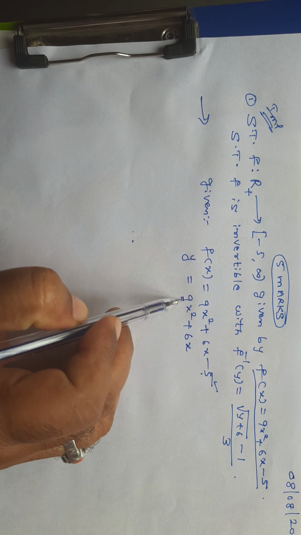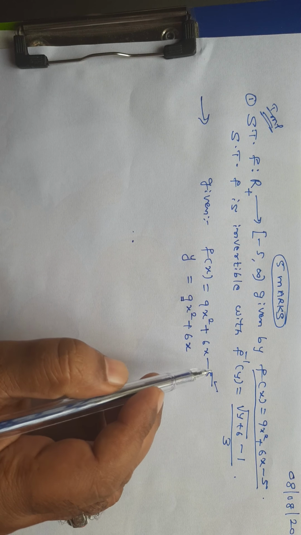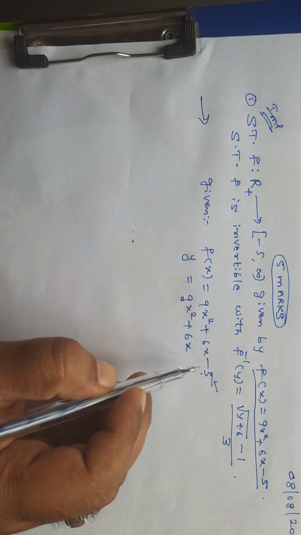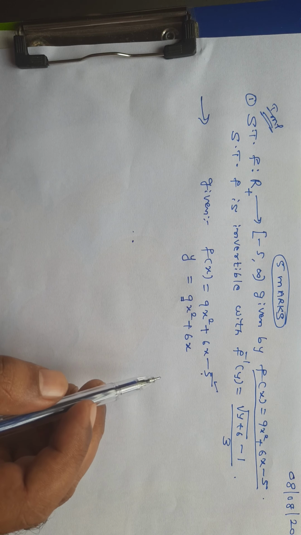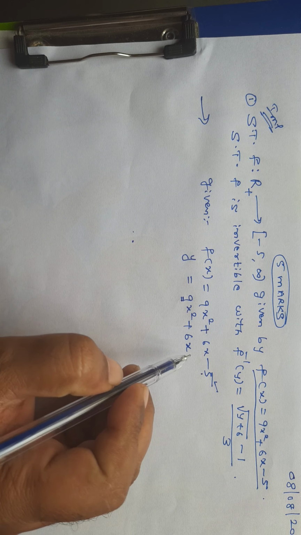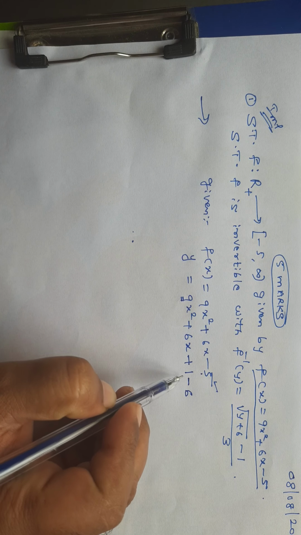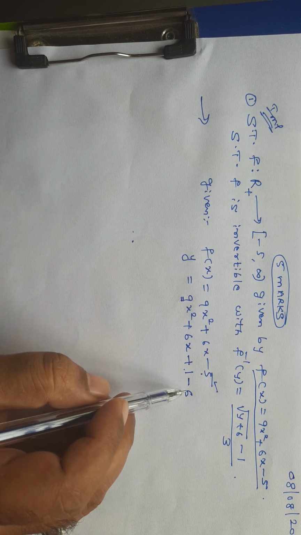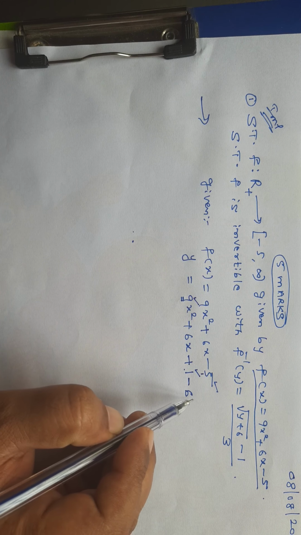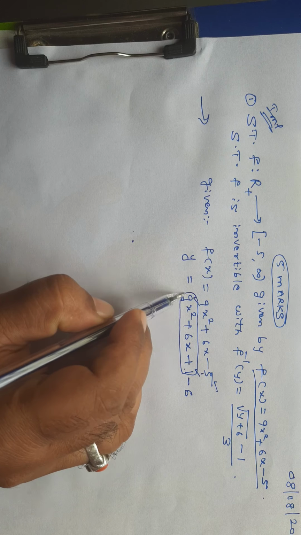Here 9 is a perfect square. So I can write this minus 5 as plus 1 minus 6. So 1 minus 6, I will get minus 5. Why? This is a perfect square and this is a perfect square. You leave this minus 6 as it is. So you combine these three terms.